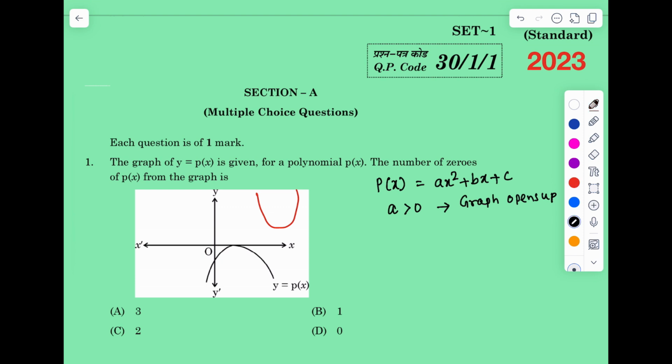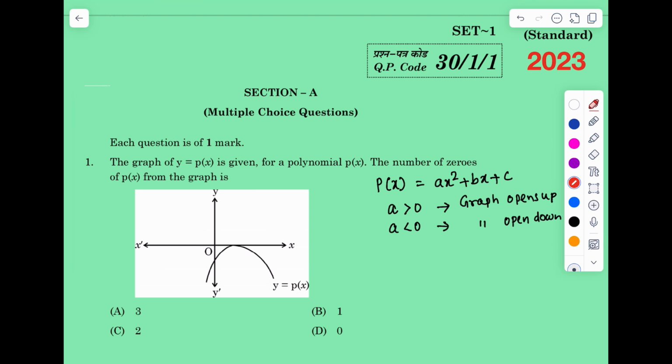If a is less than 0, then the graph opens down. That means it will go in this way or in this way, like this. Here a is less than 0 and here a is greater than 0. Here a is less than 0. Another thing is, if the polynomial or the graph intersects the x-axis at 2 points, then it will have